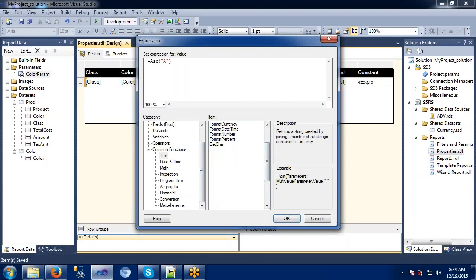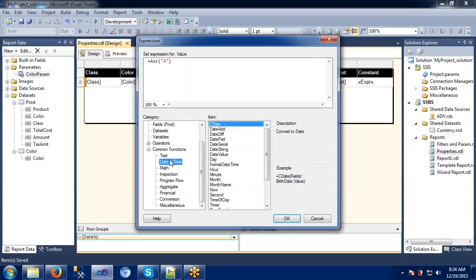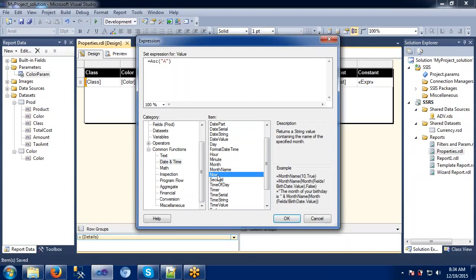It is giving a beautiful example also here. Okay, we can use this one. And like this we have some date and time. See, we can play around with the date and time here. If you want only the particular month or minute from this date, you can use this one. You can see we can display the current system date and time now. It returns a date and time value from the current system date. Okay, I will just give now.